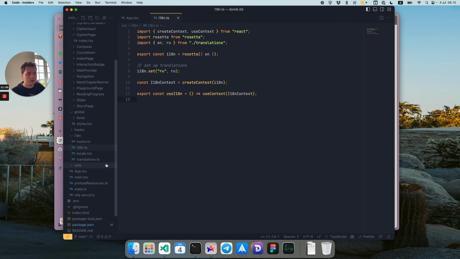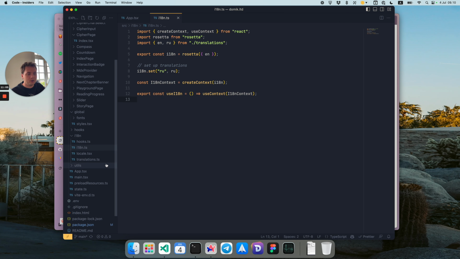Now here I use a provider to provide the current locale so that components can retrieve it if they need it. For example, if they need to decide, let's say for English, there's going to be a different image or even a completely different component. I can do that by just using this hook. And then I use the router. As I said, this component is really optional, but in my case I needed it because I needed to configure the router base. I do that so that all the children routes don't really need to have the locale in their URL. So if we go back to the app component, we will see that this is the root component,